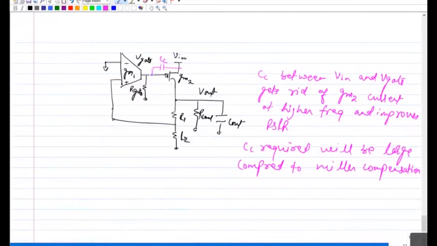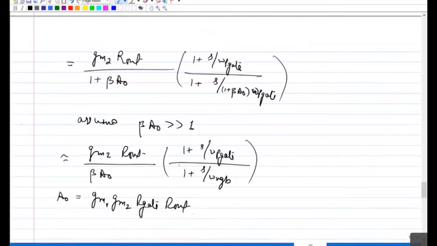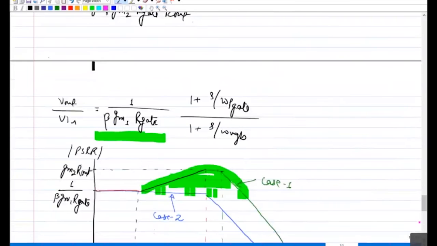So that is more like improving PSRR using noise injection actually. But the brute force way is just having a large gap between Vin and gate, which will help you in improving the PSRR. So in that case, you will get rid of that zero, which is causing the increase in this PSRR curve. So by the way, when you say this is increasing, it means your PSRR is degrading here, because we have a Vout in the numerator